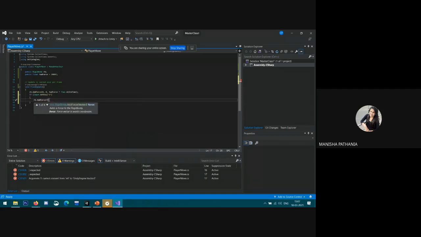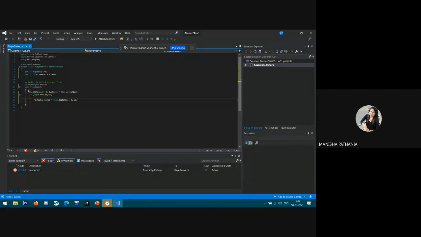Suppose I'm giving 500 in x direction, comma 0, comma 0. I also need to multiply this by Time.deltaTime, same as the previous one. I need to end this statement with a semicolon.